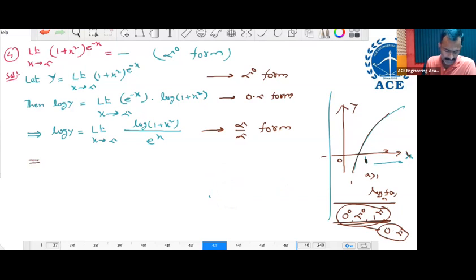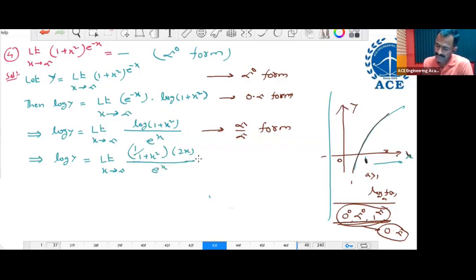Which implies log y equal to limit x tends to infinity. According to L'Hospital, differentiate the numerator separately and the denominator separately. The derivative of log is 1 by 1 plus x square. Again, the derivative of 1 plus x square, using the inner function derivative, is 2x, divided by the derivative of e power x, which is e power x. This is equal to